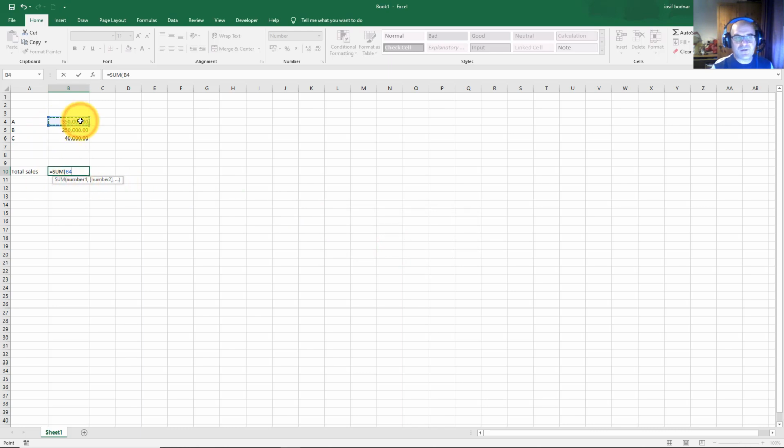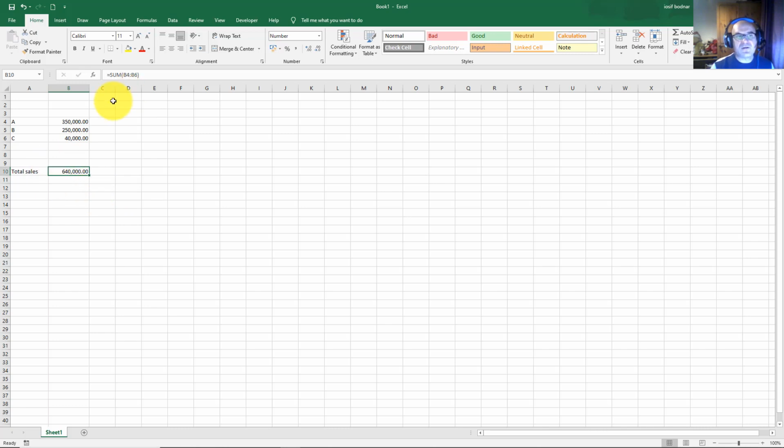Just click at the beginning of the range of cells, and then go here down on the right side and drag with the mouse down, right or left, where you want your range of cells to be selected. When you finish selecting your range of cells, just press the Enter key. Don't worry about closing the parentheses of this function, because this will be done automatically by Excel. And here you go, the total is